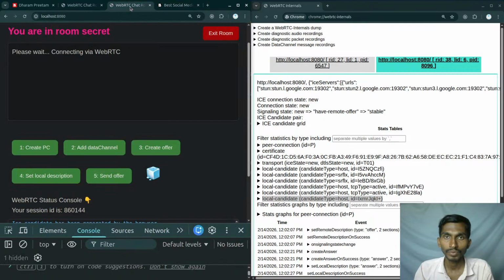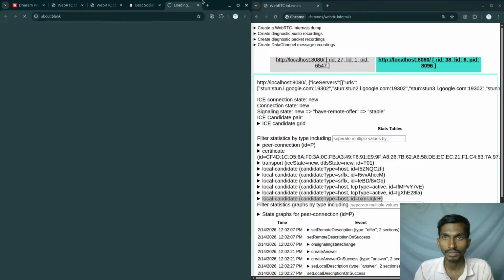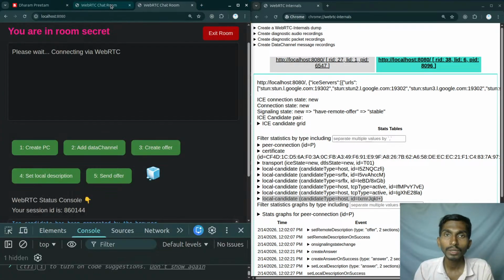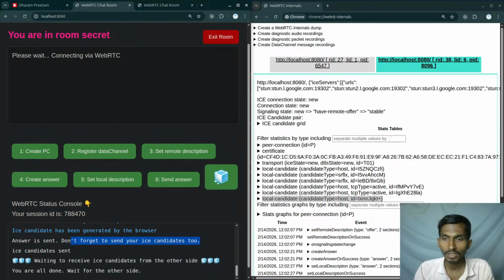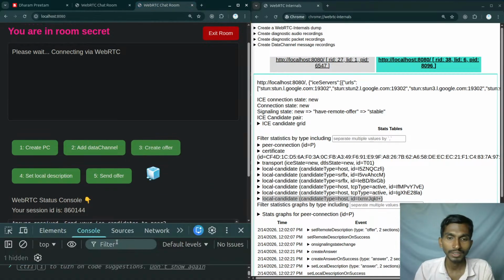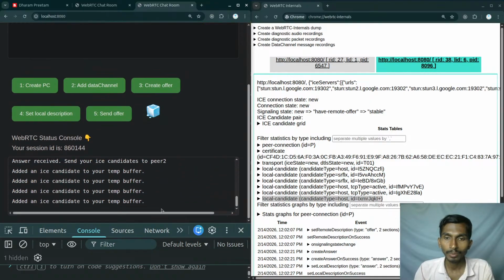So let me check this particular thing, whether this option is able to join or not. Okay, this will be available after some time, never mind. So here I am, I can simply click on this. So you are all done, wait for the other side. I've sent my ICE candidates here, and the ICE candidates have been received by this peer, and it is saying that it added an ICE candidate to your temp buffer. That simply means the remote description wasn't set because of this particular thing. They've added it to the buffer, and now I can send my ICE candidates,